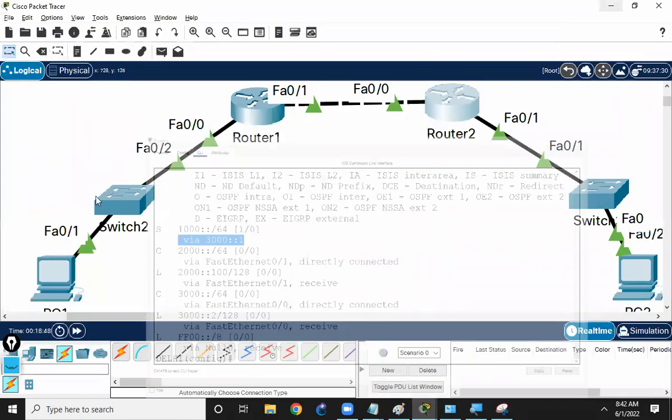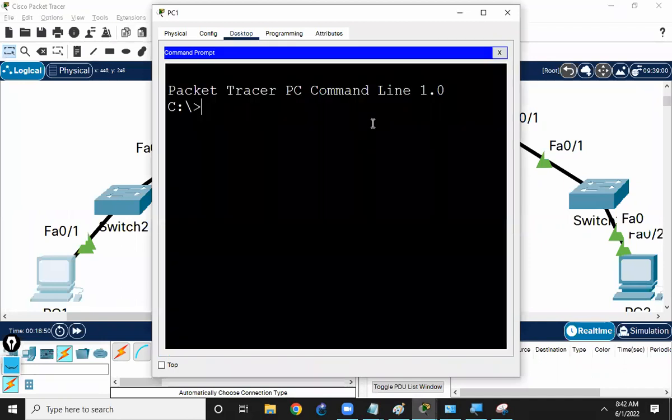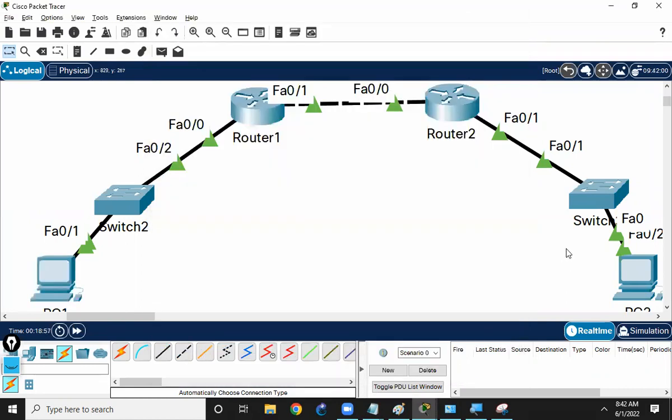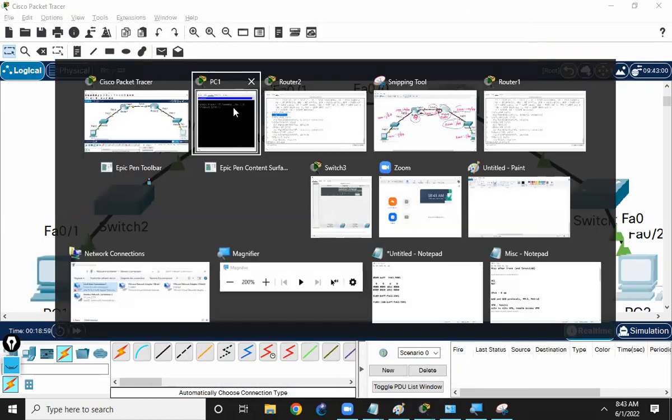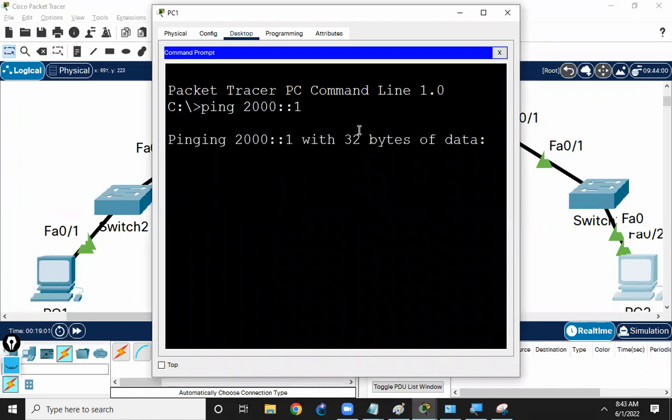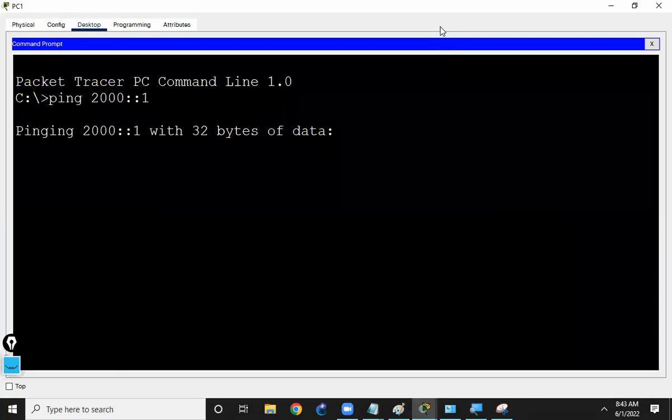Now if you try to ping the other end, suppose 2000::1, which is this computer, you ought to get the ping. We'll check it. We will not get it, because we have done everything,